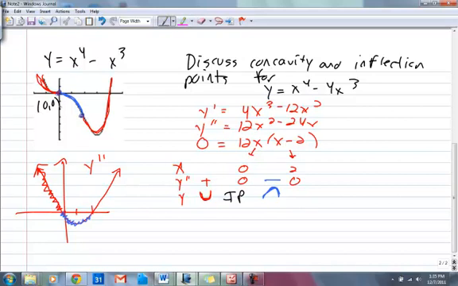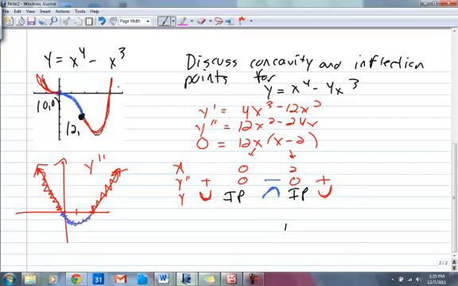Okay. Now I'm going to look to the right of 2. On my second derivative, note again it's above the x-axis. Positive land, which means once again my function over that interval will be concave up, which therefore verifies another change in concavity, down to up. Change in sign of the second derivative, negative, positive. So 2 is my second inflection point. When I plug 2 into the function, the y value is